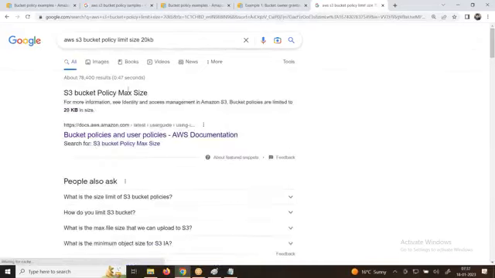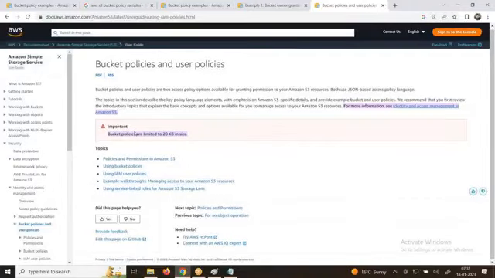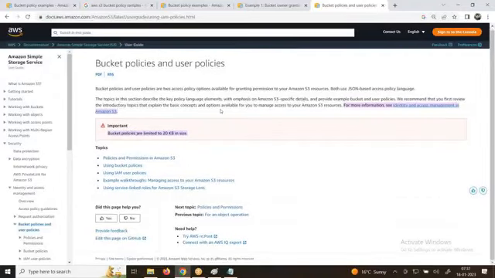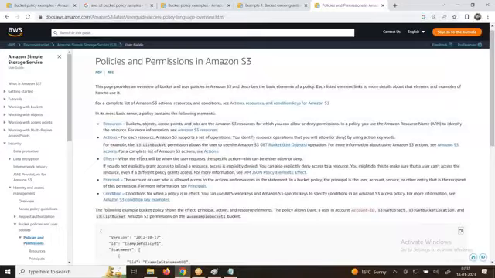Let's see. Actually, on that page it used to come with a lot of very good examples. See, maximum sizes. They changed it, sir. Yeah, I think I got it. They changed it. It is in JSON format. That's a good one. If they change it, I'm very happy. So that's what I am explaining to you.